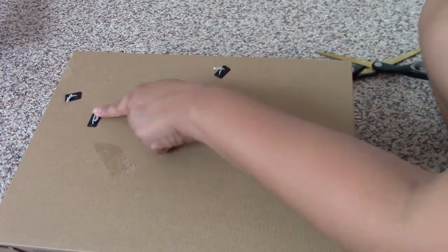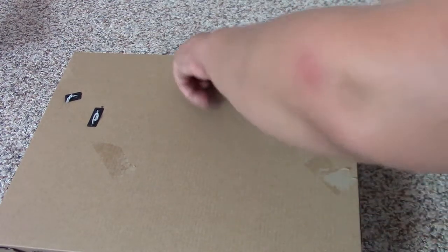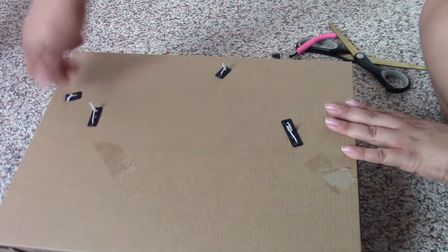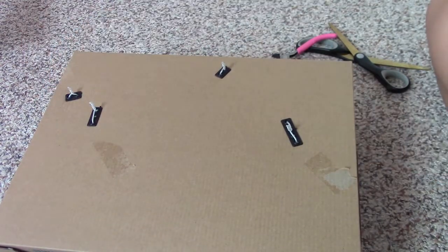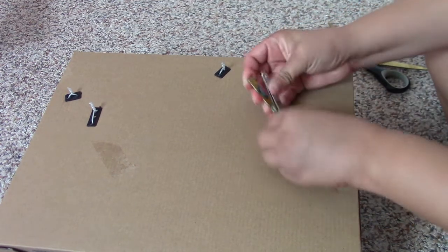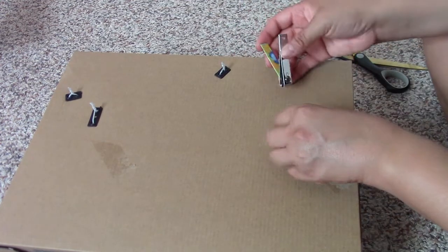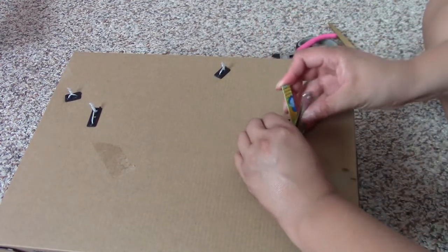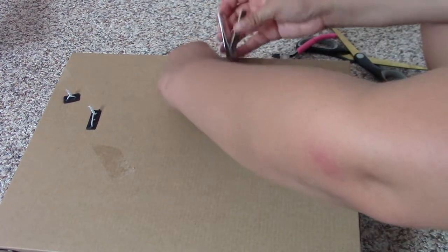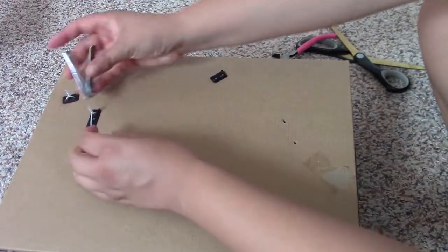Then you have all of these little ties, and it's kind of like a metal wire. So what I'm going to do is pick up all of the ties so they're not laying flat, and then we are going to clip. Just take the nail clippers and clip as close as you possibly can to the box, both sides. So, like, pull up the wire and clip it. Clip, clip. And if you pull up the wire, you'll have less space,